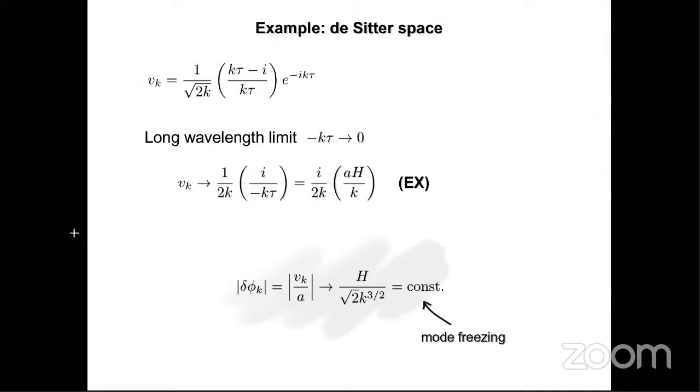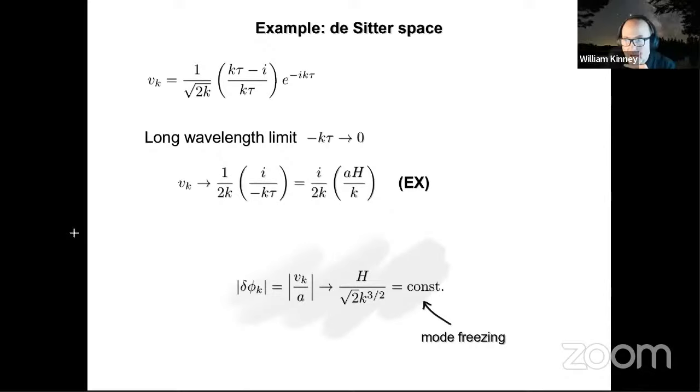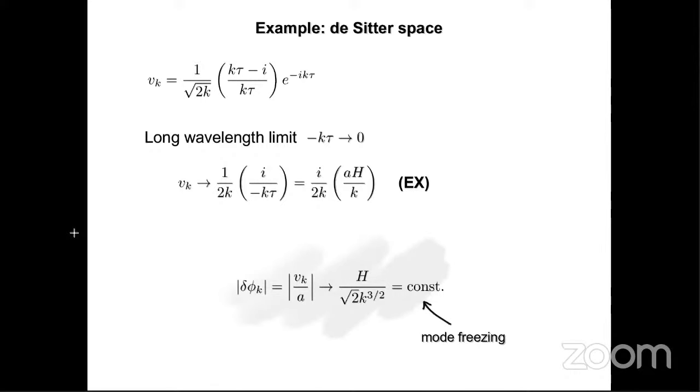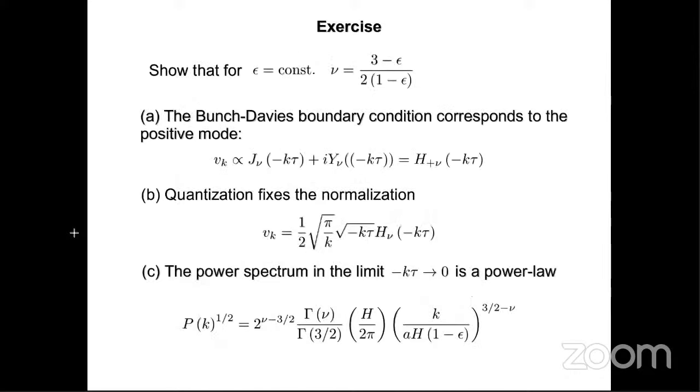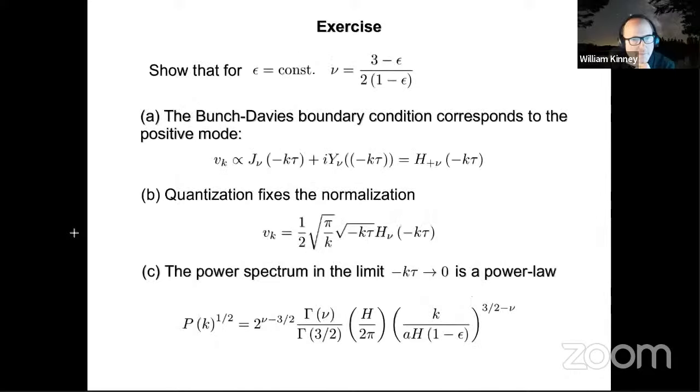Here, the Hubble parameter is time dependent, right? It is a decreasing function of time. No, it's not. This is de Sitter space. The Hubble parameter is constant. This is the de Sitter case. Okay, thank you. All right. Anything else real quick? Are there any other questions?